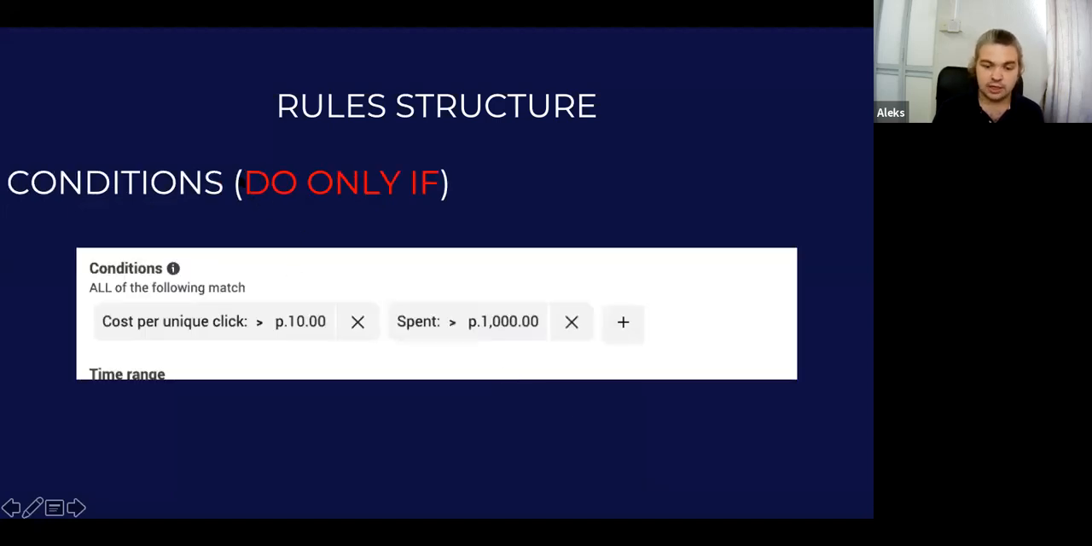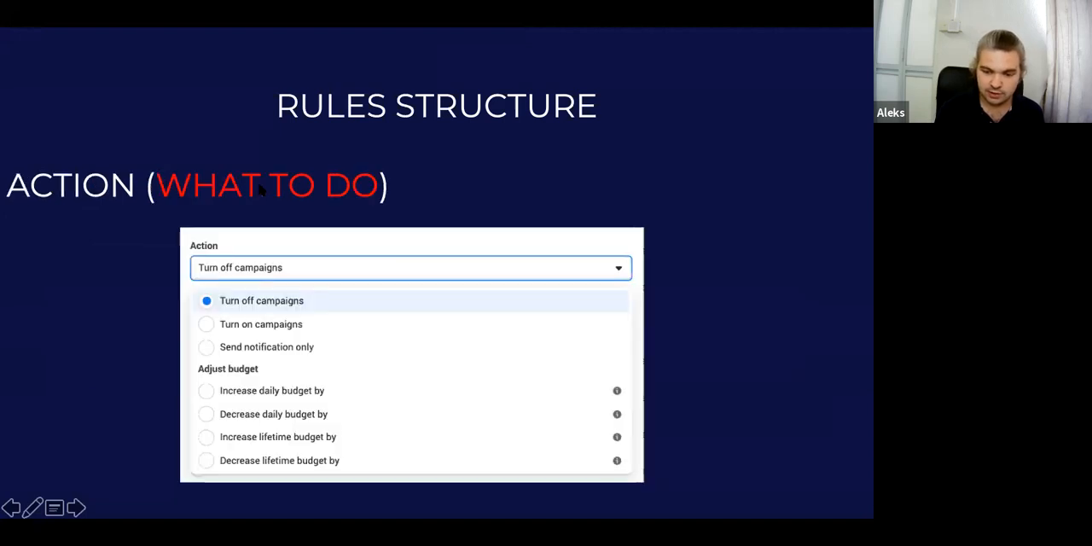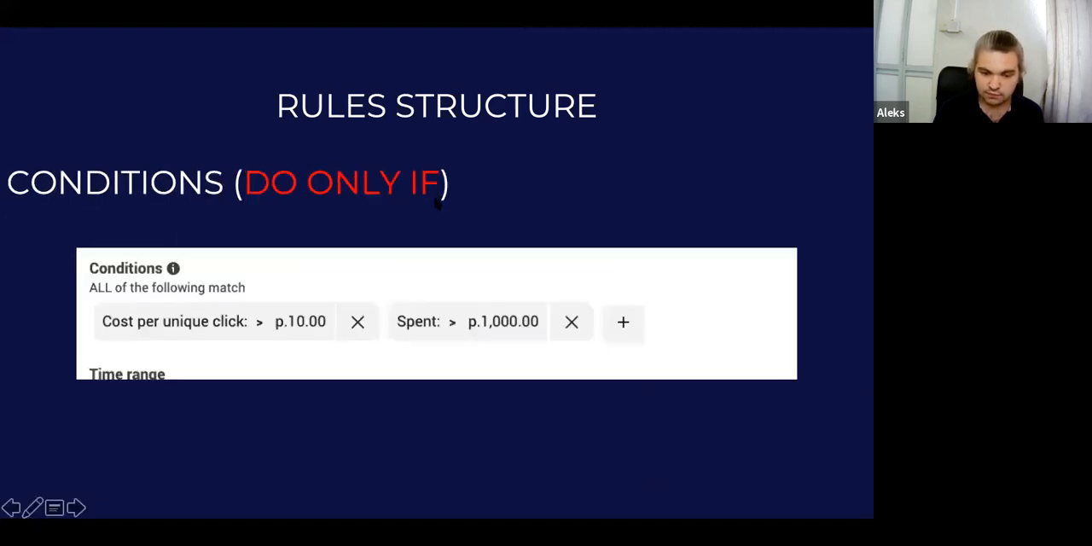Conditions are what we use to run a rule only if, or do this action that you just described only if, and then you have a condition. Cost per unique click is more than 10 rubles. And there's another condition, also spend is more than 1,000 rubles. Why is this condition here? Well, for example, if